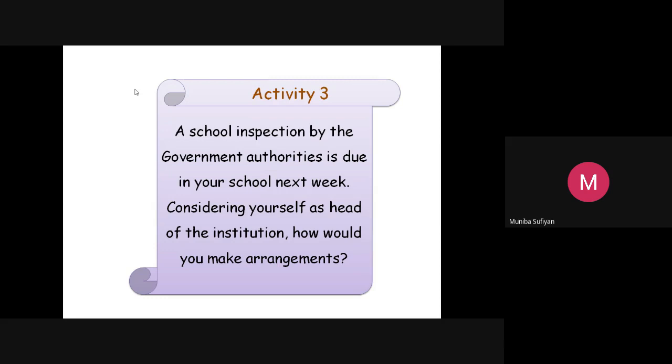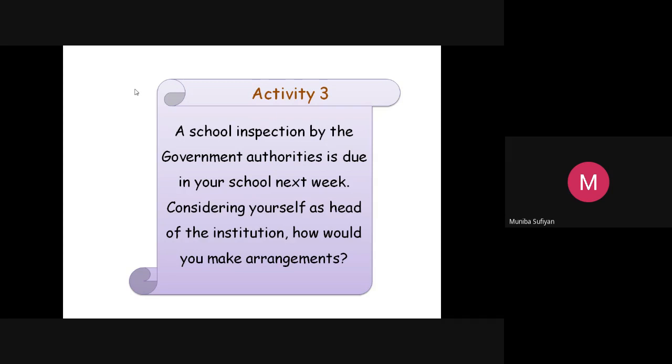Firstly, a meeting should be called immediately, or we call it a briefing, to inform the staffs about our upcoming inspection. After that, the students should also be informed in the assembly ground or by providing flyers for them to take home for their parents to be informed about the upcoming inspection. In the assembly ground, the students should be informed about how we want them to appear on the day the event is coming. That is about their cleanliness.